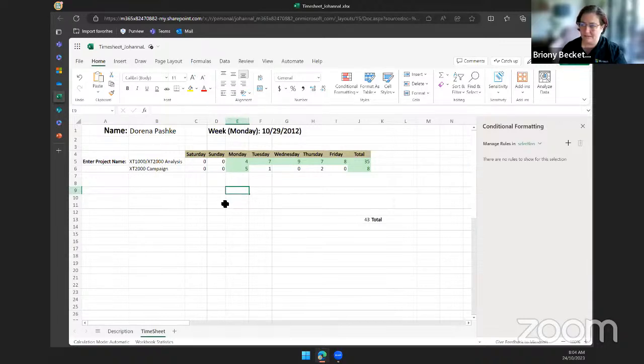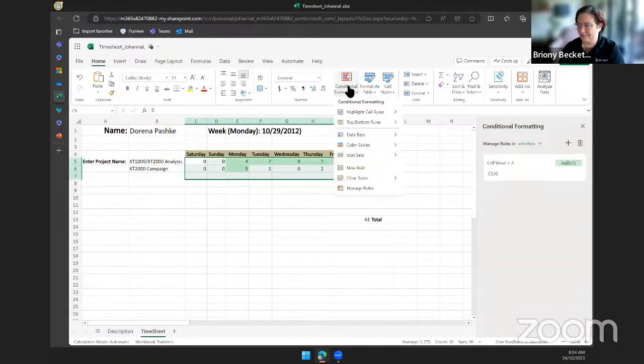Another one that is particularly good, and this is not in my work life, this is outside of it: I get rosters created and they're often in Excel format. It could be a week-long event, and I want to go through to see where my name is in all of these, to see where I need to be and when. I haven't actually got one loaded, but in the same conditional formatting with the highlight, you can use equal to as well.